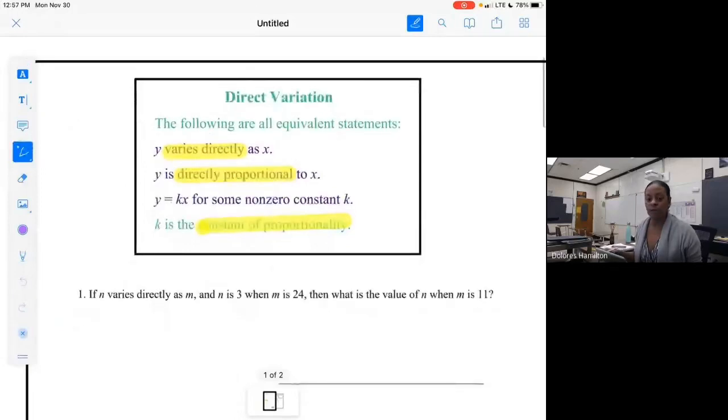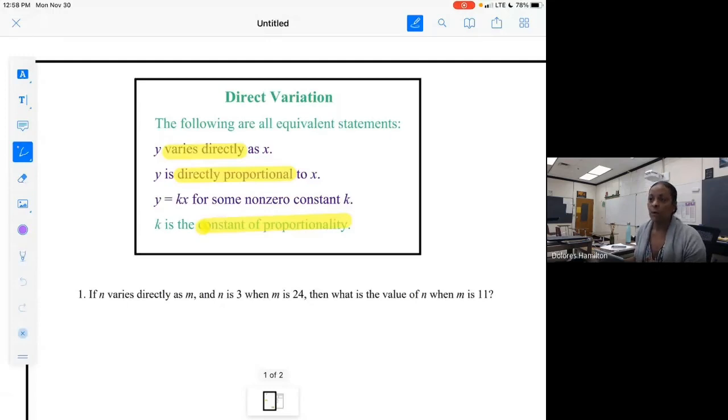Our last section in Unit 4 is introducing these two types of variation. One is direct and one is inverse variation. And we're going to just work through both of them. We will learn how to come up with the equation that uses direct or inverse variation, and then get information from those equations. So let's just start with the different ways that you can say that two variables are directly